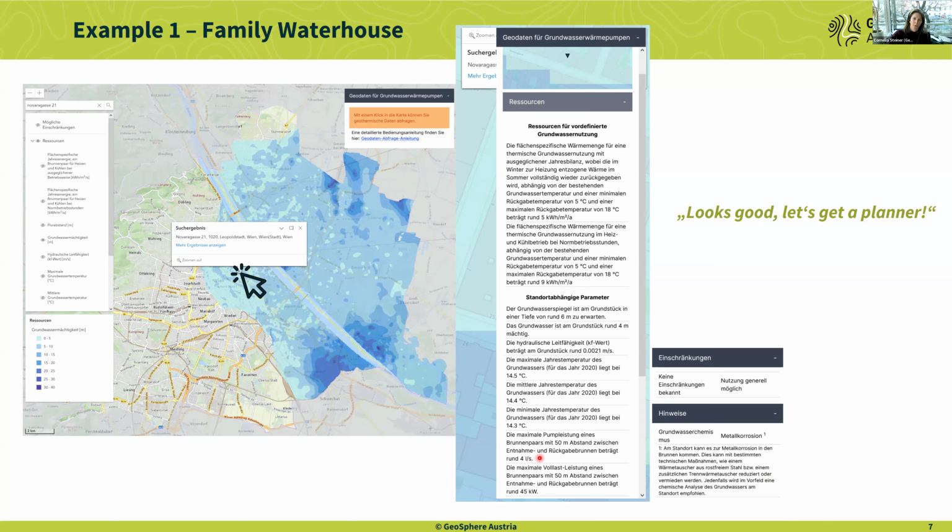It's located in this productive aquifer. Looks good, so the family can go get a planner to further pursue their endeavor to get a groundwater heat